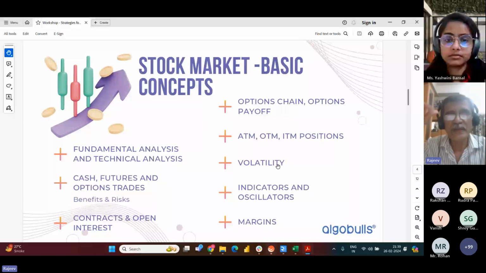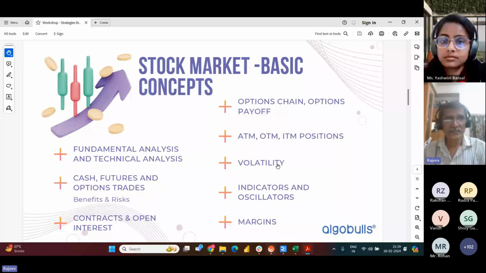But if it is moving up and down like Adani stocks, it will be a high volatility stock. So that is historical volatility. Based on the fluctuation in the prices, this historical volatility is determined, and that is indicated in the form of an index called India VIX. VIX stands for volatility index. So that is the historical volatility.